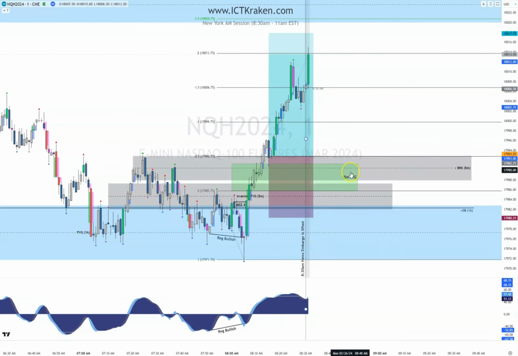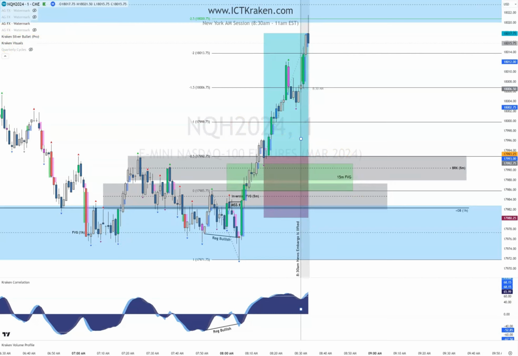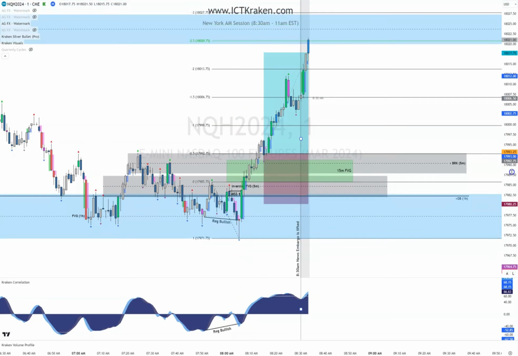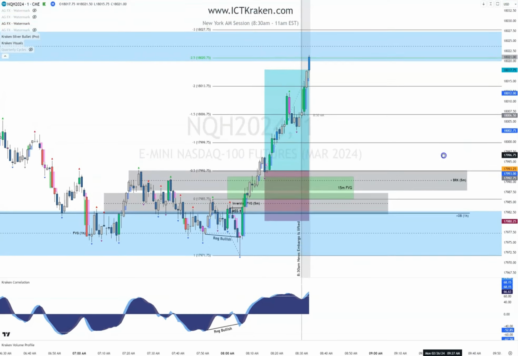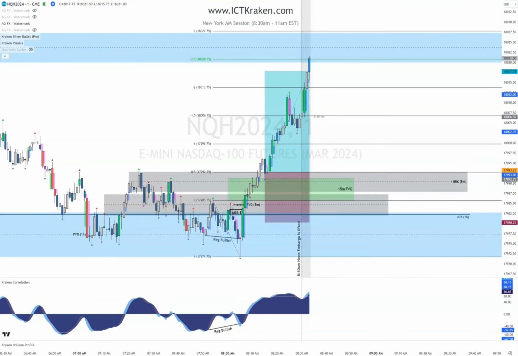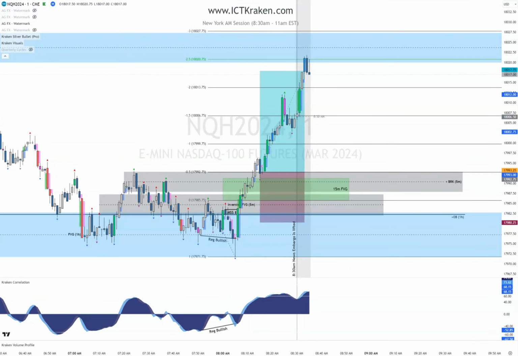Right, so then here, this 15-minute fair value gap shows up because that's the Kraken Visuals. It comes up with a 15-minute fair value gap. So then it takes it out right there, goes to the target. So I missed this trade, right? I know it's a long video, so I apologize, but okay, so let me go back to